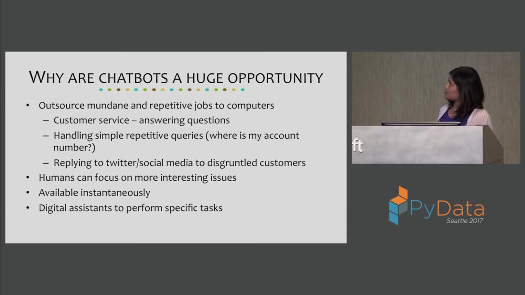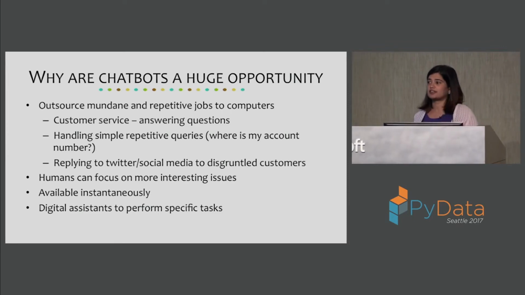Figuring out which customers are disgruntled and replying to them, you can tell the tone of a customer, you can figure out the urgency of a customer based on how they write something, how many capitals they're using, and several other things to figure out who has a higher priority and who does not. The upside of this is that humans can focus on more interesting issues. We do not want to replace people, because people interaction is definitely not replaceable. But they can focus on something where a much higher level of emotional and regular intelligence is required.